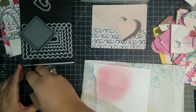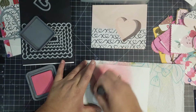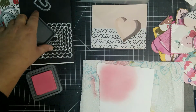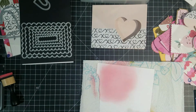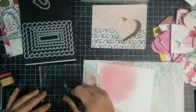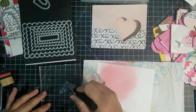So right now I'm taking some more lipstick Distress Oxide ink, and what I'm doing is I'm going to go ahead and make a frame for around my heart. And so I'm just taking my blending tool and on some Bristol Smooth cardstock and blending out the pink. And then I'm going to take an acrylic block, and I'm using my Spectrum Noir glitter pen, and I'm just squeezing out some glitter, and then I'm just going to